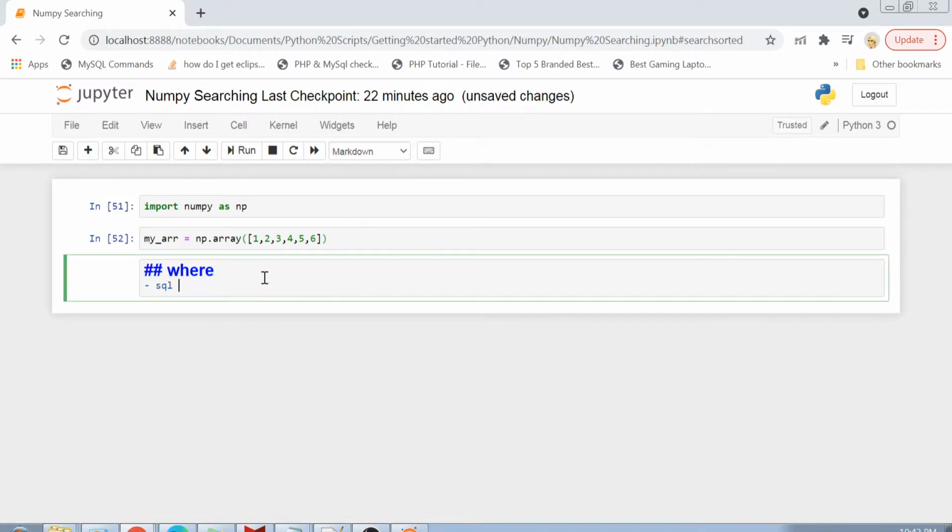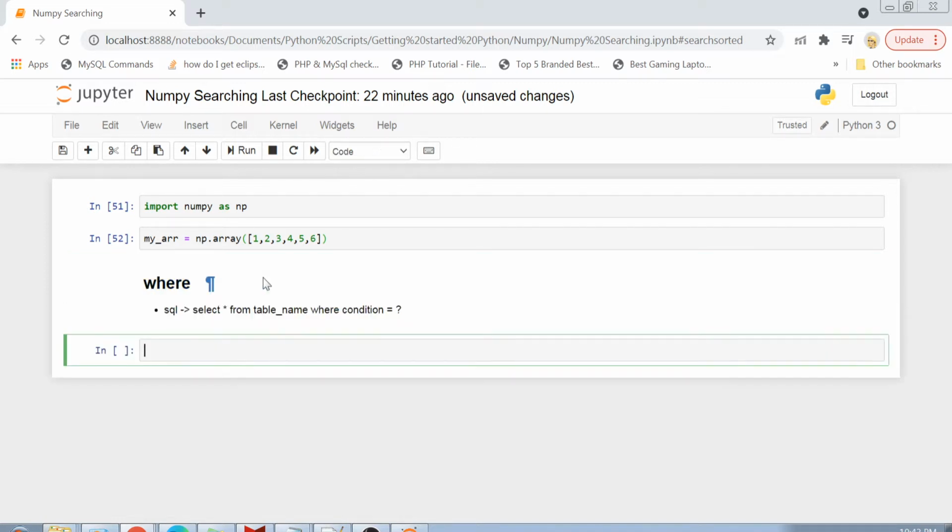In SQL we used to have a where clause like this: select star from table name where condition. If this condition was fulfilled, we used to filter out all those rows from the table and display them as our result set. So guys, this is exactly the case of the where function as well.